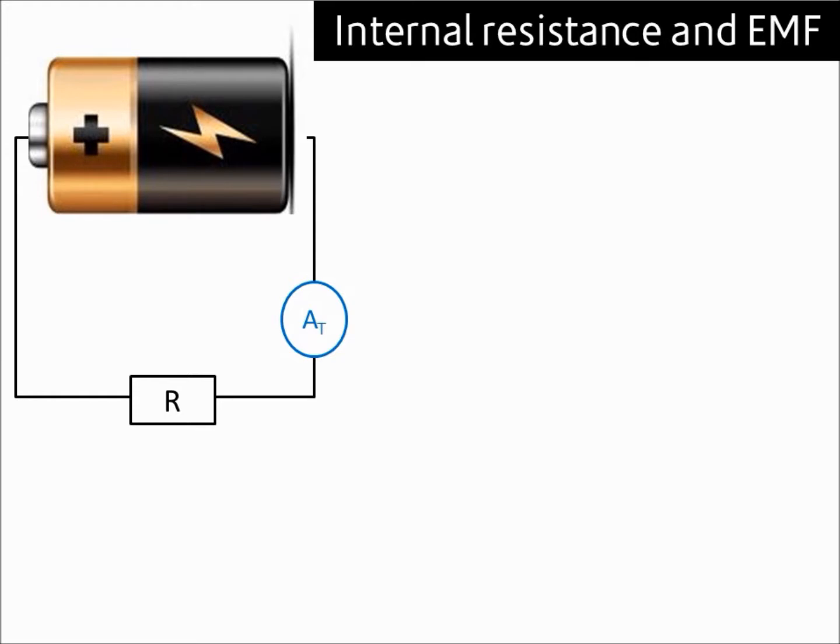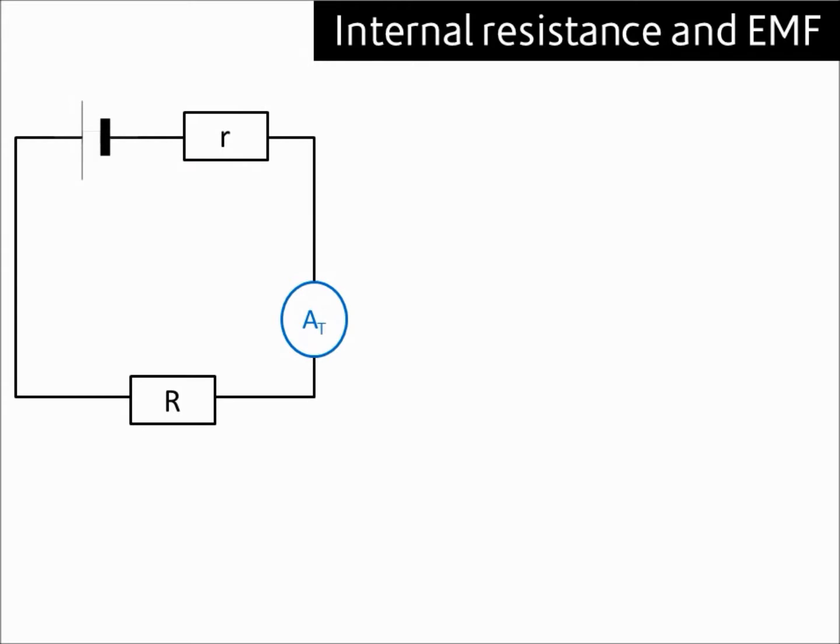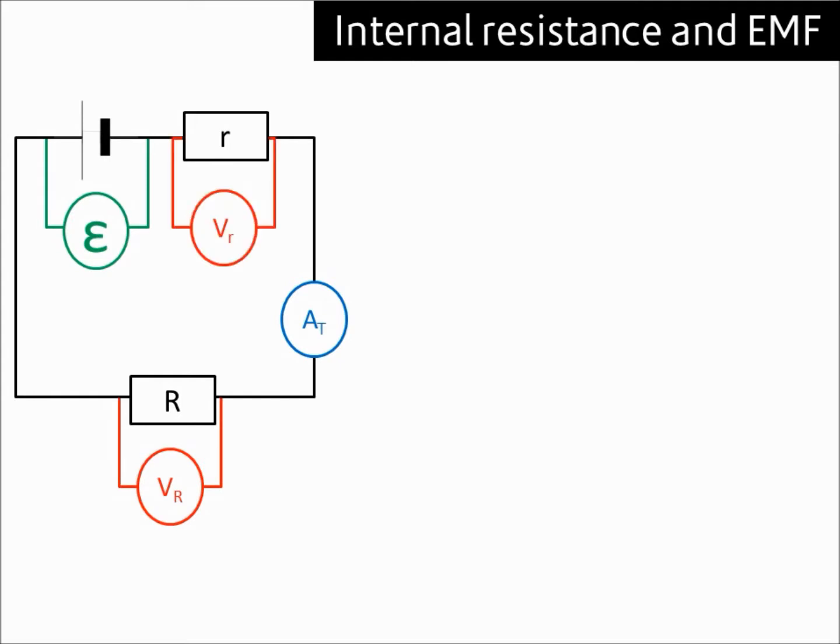So we can represent that battery, instead of just a single battery circuit symbol, we can use this notation here. So the little r, the small resistor there, is a symbol that's always used to indicate internal resistance. The cell to the left, that's where the EMF, that's the thing that gives the electrical energy, so gives the energy per Coulomb charge. Or we get the potential difference across the external resistor. The potential difference also is energy lost across the internal resistance, and we can see the terminal potential difference, terminal voltage, which is actually the same as the potential difference across the resistor as well. What do we know about this